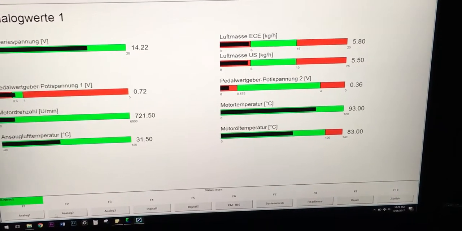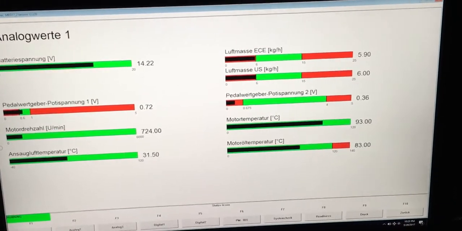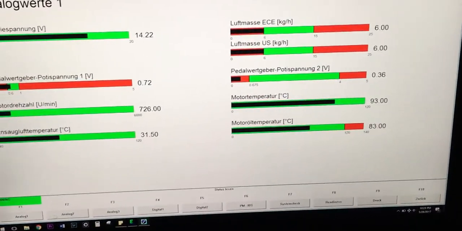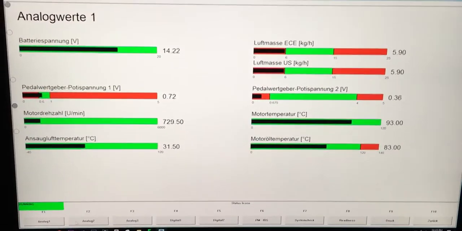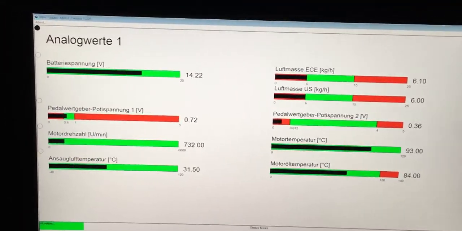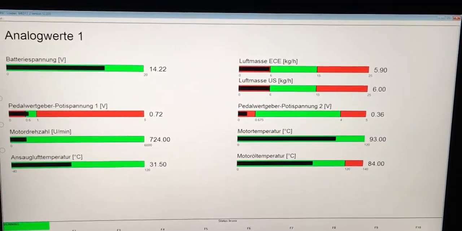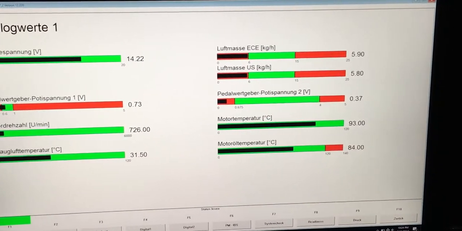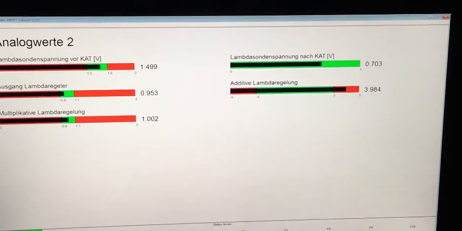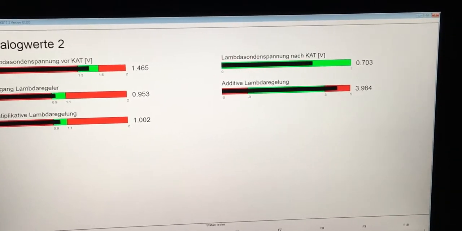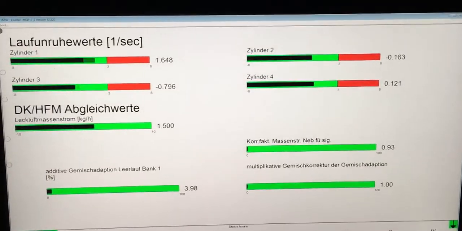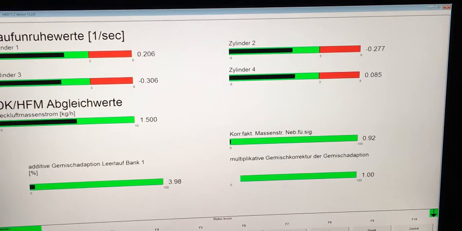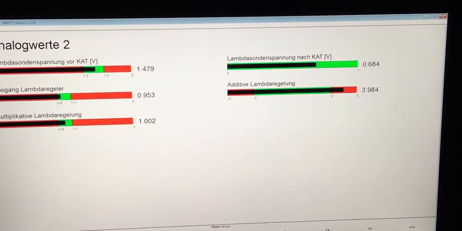I spent the past few hours installing this INPA software and a KCAN reader, and I finally got it working after a lot of messing around. One thing I realized is that the software is in German and I can't read any of this, so I need to find an English version, but all of the conditions seem to be in the green